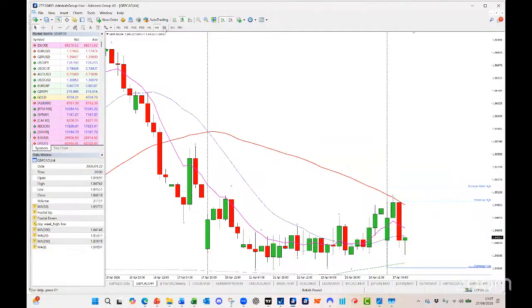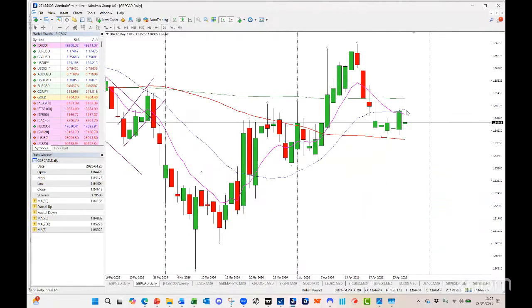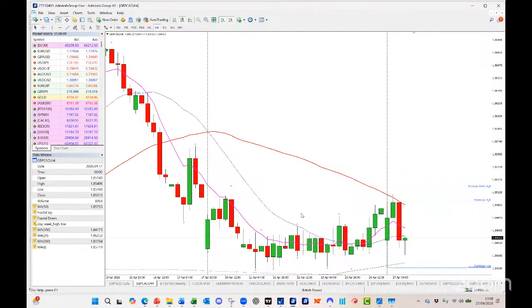And even pound Canadian dollar. If we go to the daily chart for the last week, we're just sat above the 50, aren't we? We're just going sideways. It's a reflection of, as I said, on the weekly charts, lots of spinning tops, lots of indecision candles. Look at that 4-hour chart, pound against Canadian dollar. You've got basically the 50 coming down, the 200 coming up, price just coiling up.